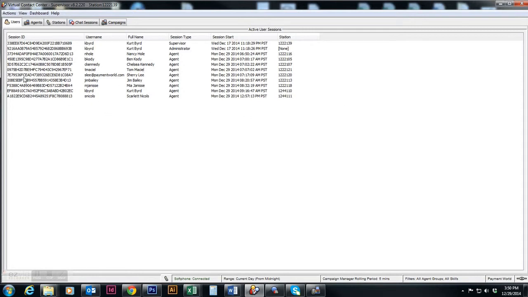So, the very first tab is the Users tab, as you can see up here. This gives you a list of every single agent that is logged in. Now, if you're a super or an admin, you have to be logged in. So, Liz, for you, you'll need to be logged in as both super, which has a station ID, and an admin, which does not. If you're going to use Ana for support, she'll also need to be logged in. She has super access, but currently the most important part of this screen is this screen only shows users who